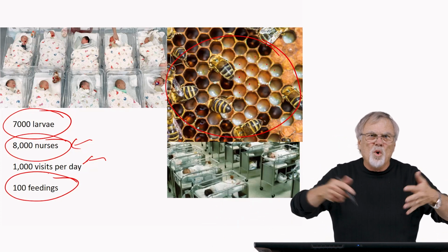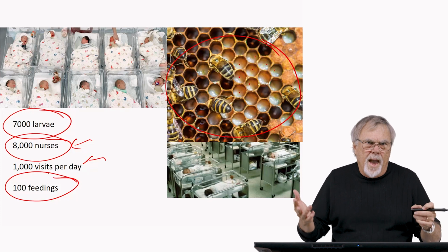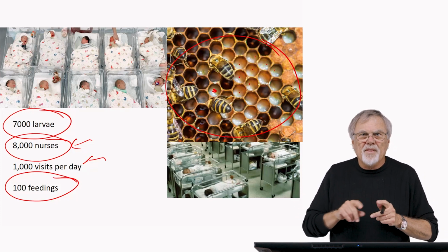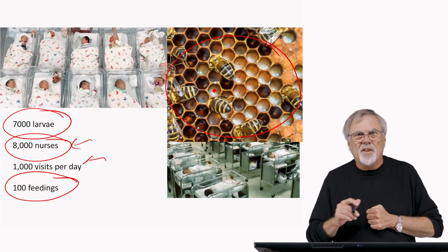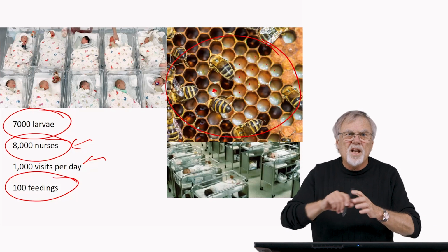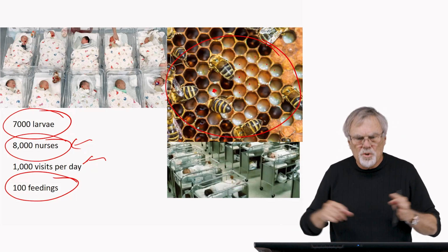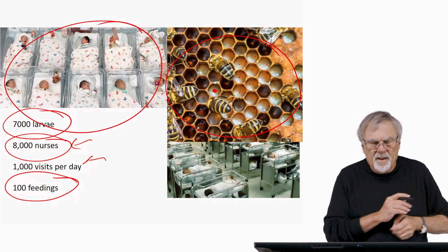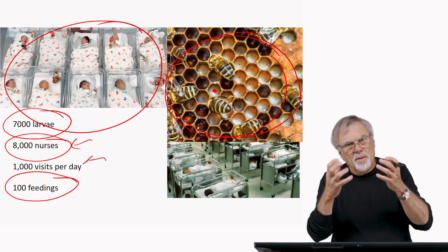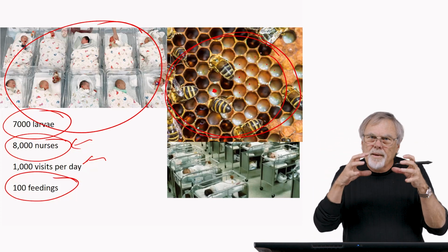So you can imagine if one of these nurses comes in and she has Omicron and gives the disease to one of these larvae, and then another one comes in and she cares for that larvae, then she's going to pick up the Omicron, she's going to spread it to the next one and the next one. You can see how diseases would sweep very rapidly through either a nursery in a hospital or a nursery in a beehive. So it's a real problem because you've got this great opportunity for diseases to spread to a lot